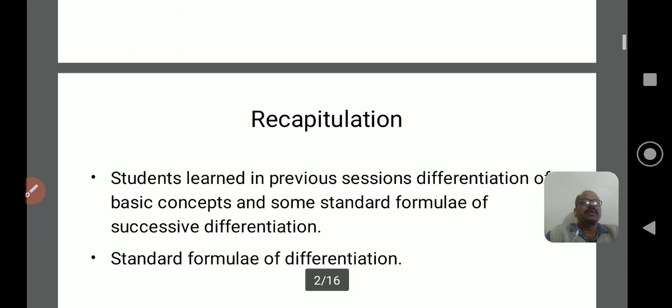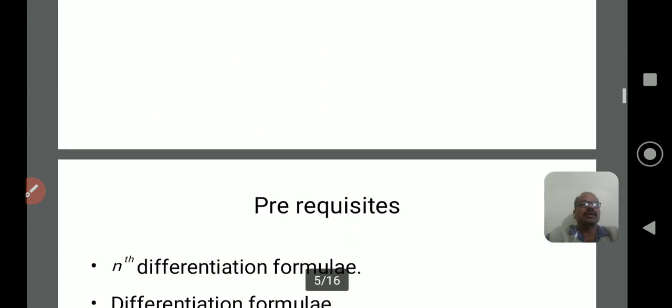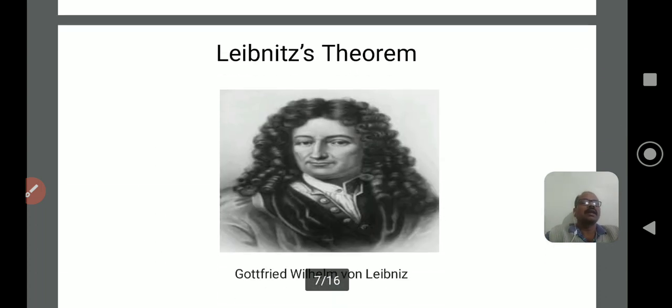Okay, well, what is the use of Leibniz theorem? In the previous 4 sessions we learned about the standard nth derivatives of standard functions. It is not a general statement. We concentrated only on a to the power of mx, or x to the power of n, or log of ax plus b, or sin of ax plus b, or cos of ax plus b, or e power ax into sin of ax plus b and cos functions. Okay, now observe what is the use of Leibniz theorem.